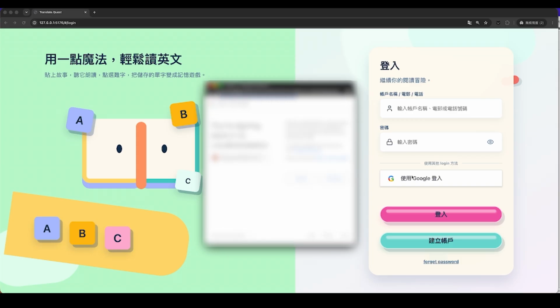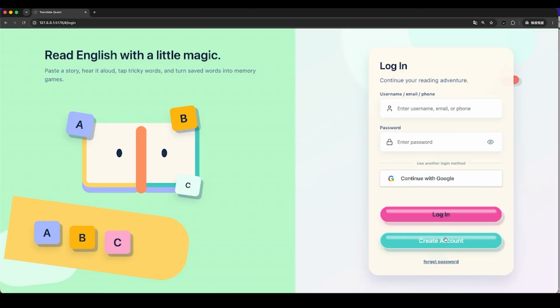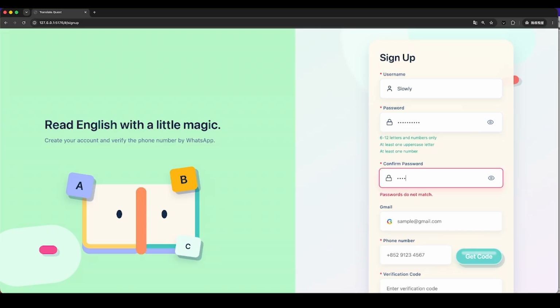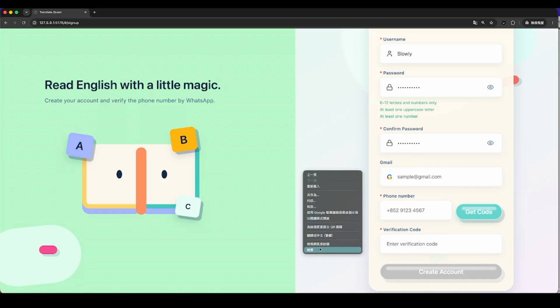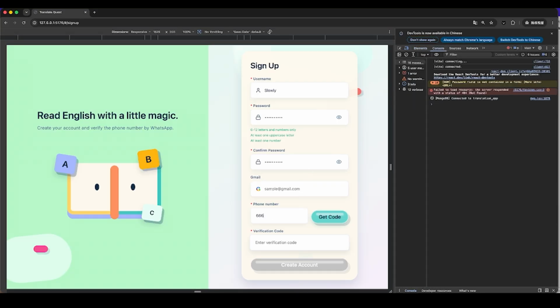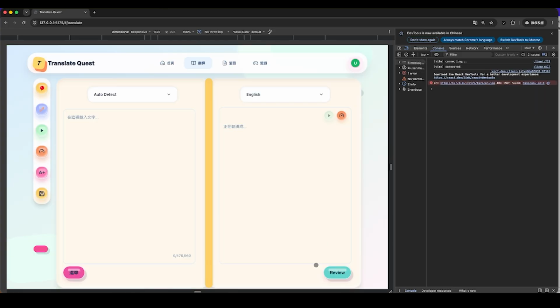After logging in with Google, I went into the settings, set up a username, and then logged out. Then, I tried creating a brand new account using the standard create account method. I entered the exact same username as my Google login, filled in the password. This part requires phone verification, but since sending SMS verification codes costs money during testing, I bypassed it by logging the code directly in the console log instead. An error message popped up telling me that this name is already taken, so I tried another name.